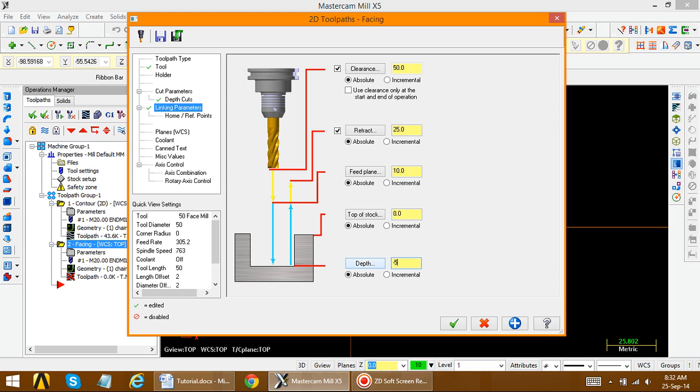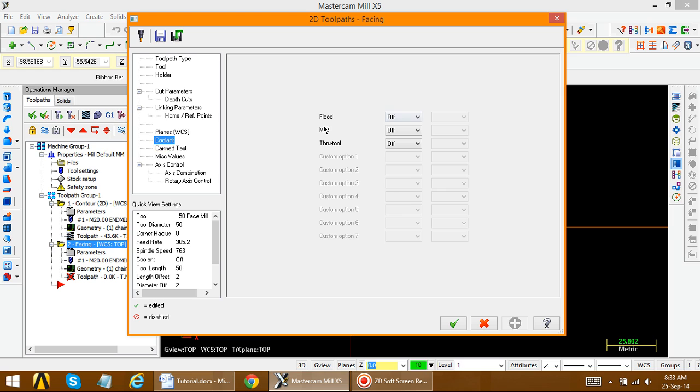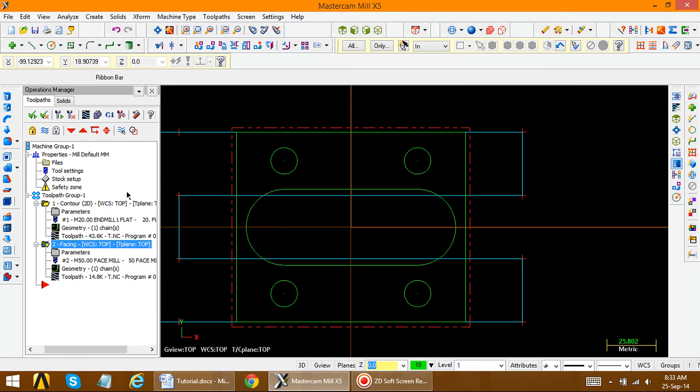So this is minus. Why do we put the minus? Because we give the depth of exact our part in positive z direction. So that's why we have to give the depth of cut in negative z direction. So apply this, then coolant, any one of this coolant should be turned on. So on, so apply. Okay, now select all operations, backplot,